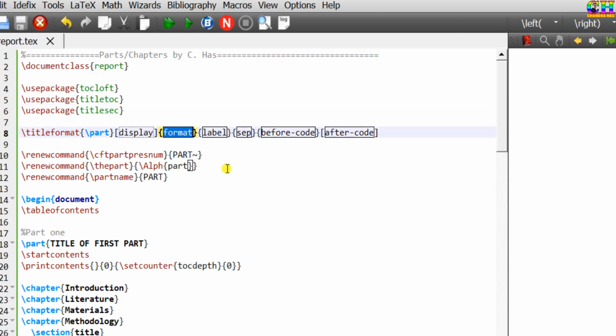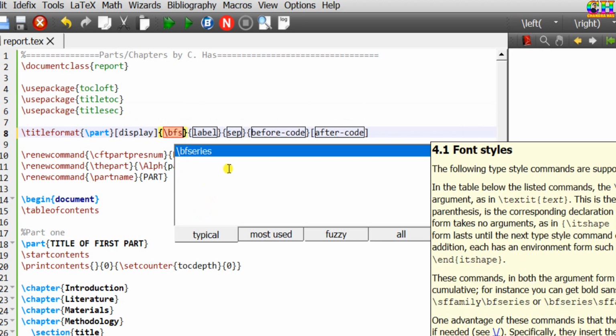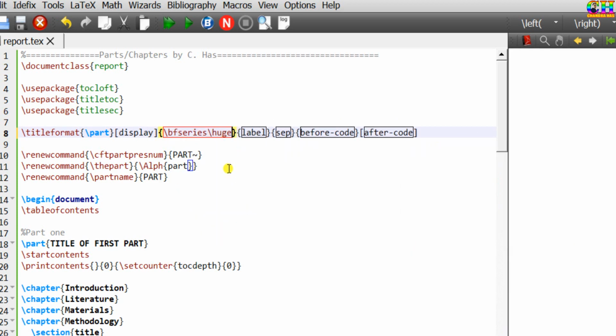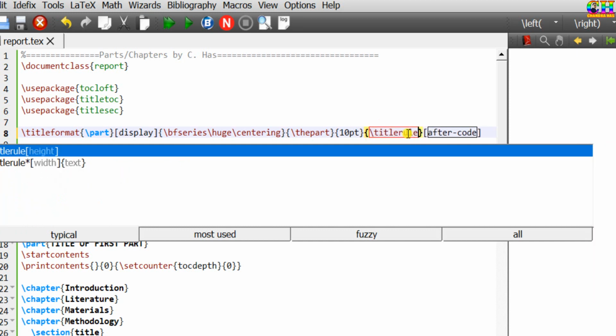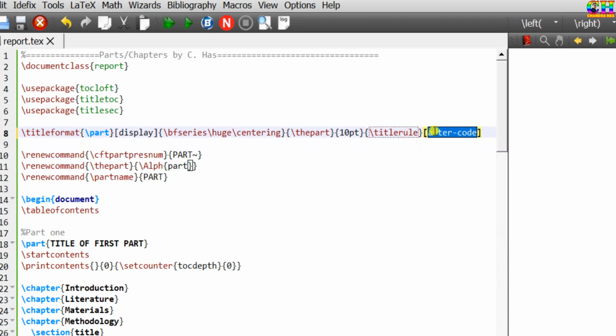Here we can set the format. Label, just write the part. This is the gap between label and title. I'll take 10 point. Formatting before title. I want to use a rule, titlerule, and after the title one more rule.